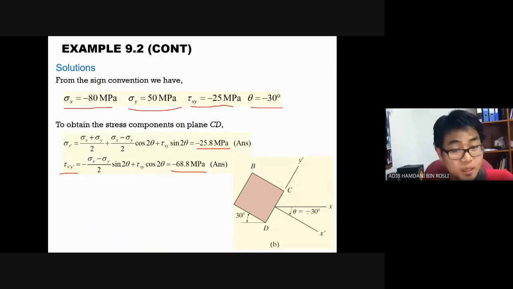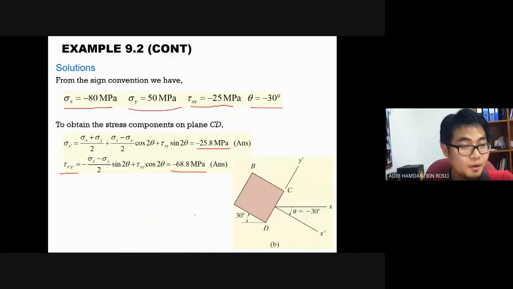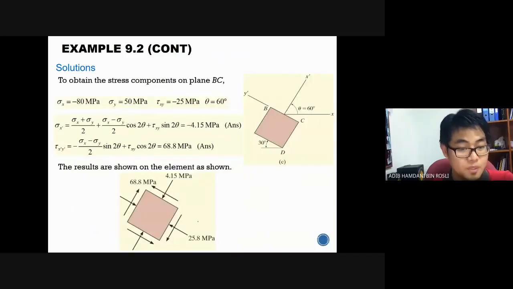So here, what happened is, this element, from x, you rotate it to x prime. That's why you have this sigma x prime. You rotate it minus 30 degree, why minus? Again, because it's clockwise. And then on that surface, when you rotate it minus 30 degree, you will have your sigma x prime and tau x prime y prime, which is this